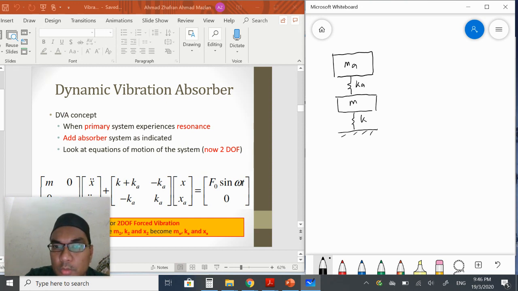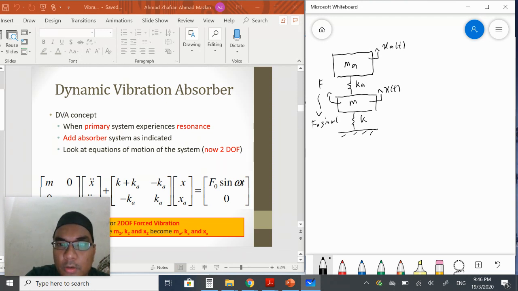There's the displacement X of t for the primary, and there's also XA of t for the DVA. The force is here, which is equal to F naught